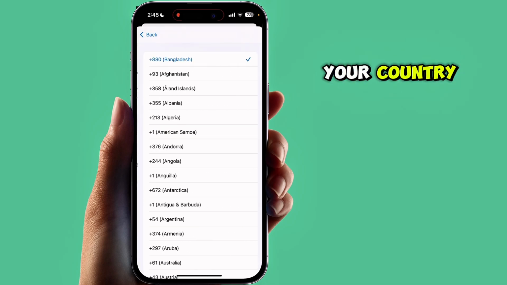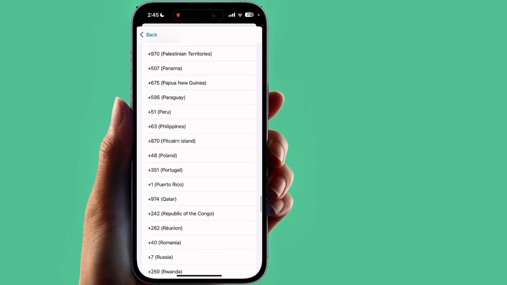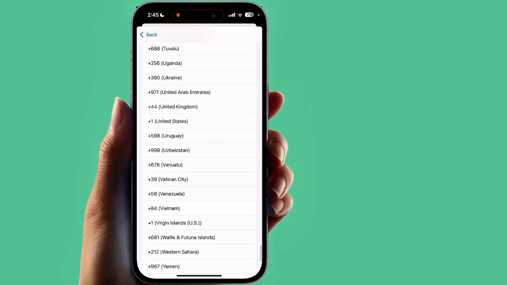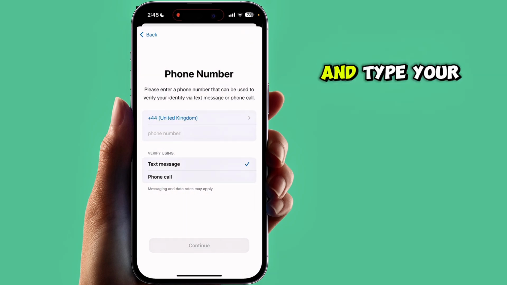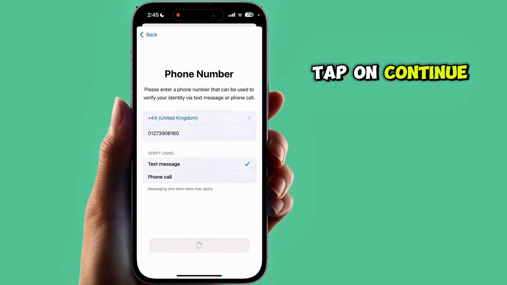and now select your country and now type your number. Tap on continue